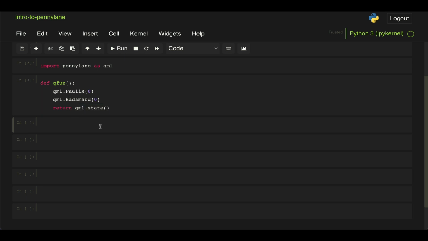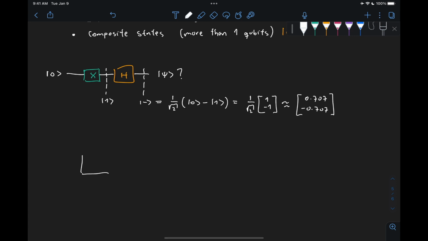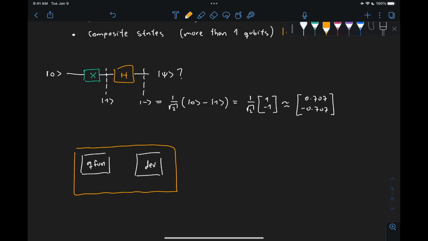Now to simulate this in Pennylane, what we need to do next is define a device. So the way things work in Pennylane is we have quantum functions, so what we just created, this qfun, and then we have a device, which could be a simulator or an actual quantum processing unit. And in Pennylane, we need to wrap these two around what is known as a QNode. So we're going to define our function, which we did already, then specify our device, and then we'll pass this to our QNode to